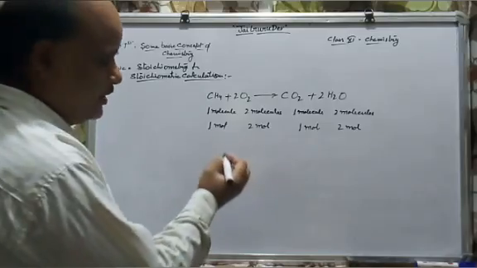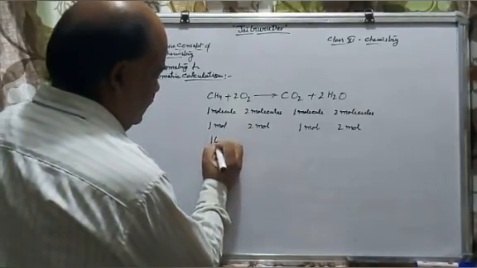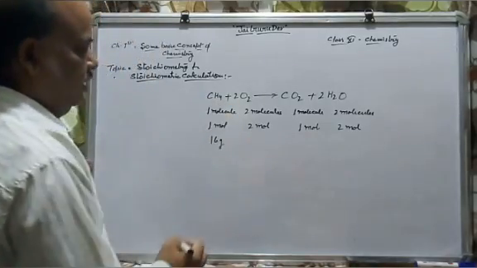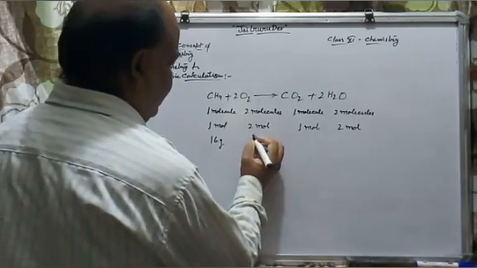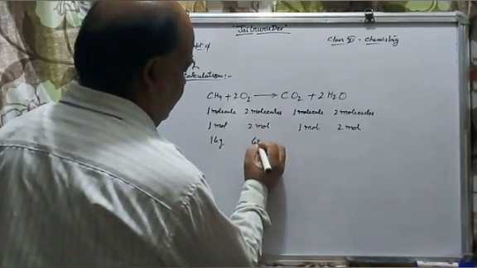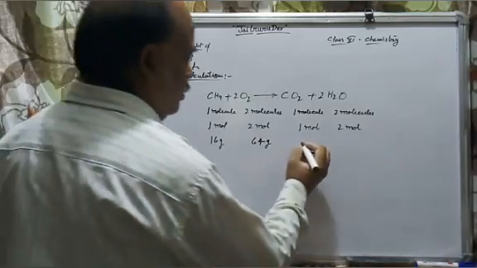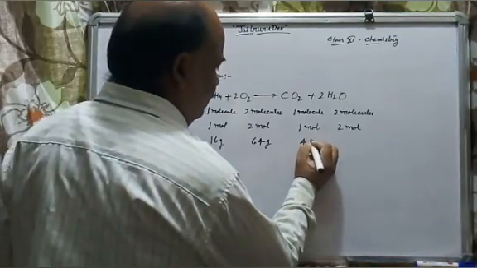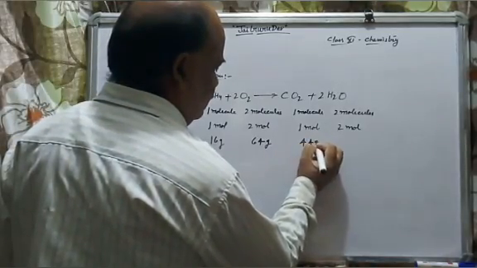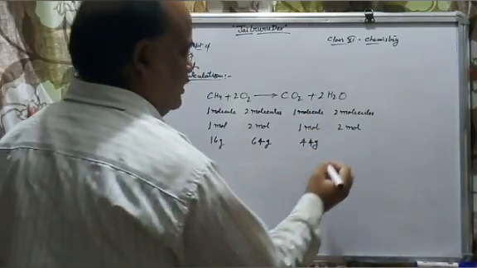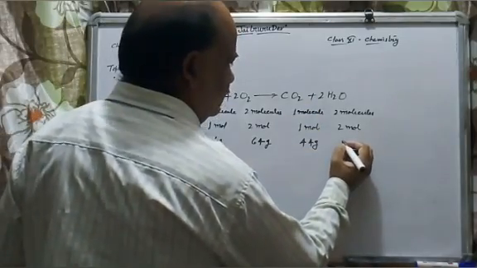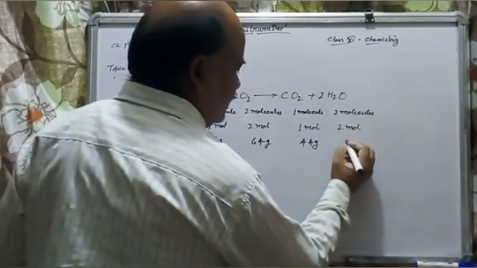In terms of masses, 16 gram methane reacts with 64 gram oxygen to produce 44 gram of carbon dioxide and 36 gram